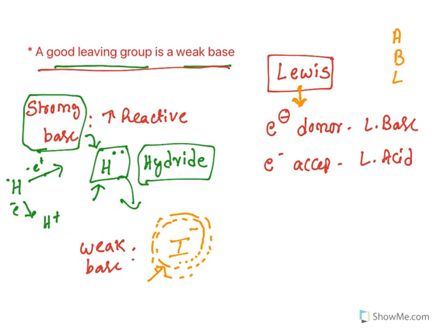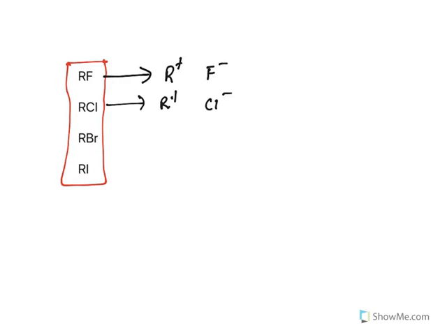Now let me explain a little bit in a detailed manner. Let us talk about halogens. See, these alkyl halides we will see in nucleophilic substitution also. Now imagine this one. What happens if the fluoride comes out as a leaving group? It becomes R plus and F minus. Whereas chloride, the same thing, R plus Cl minus. Bromide, R plus Br minus. Whereas iodine, R plus I minus.